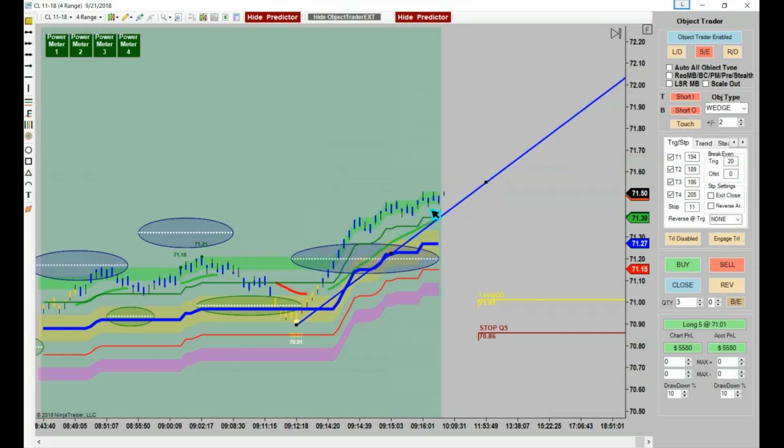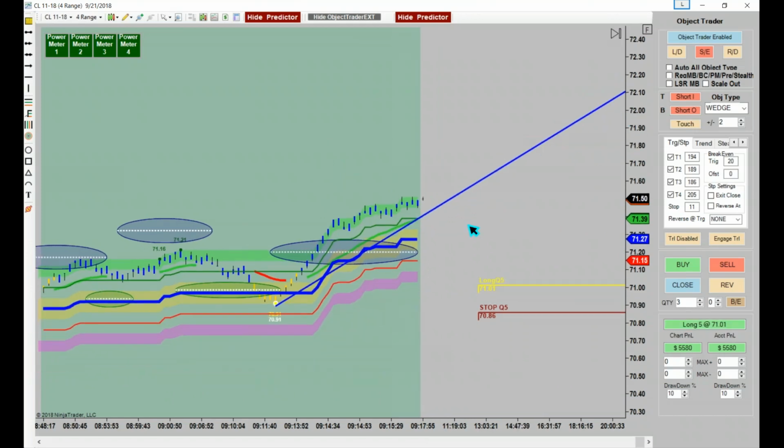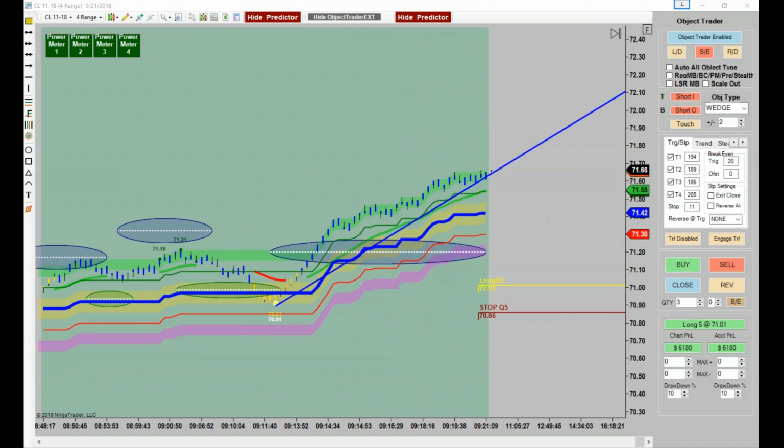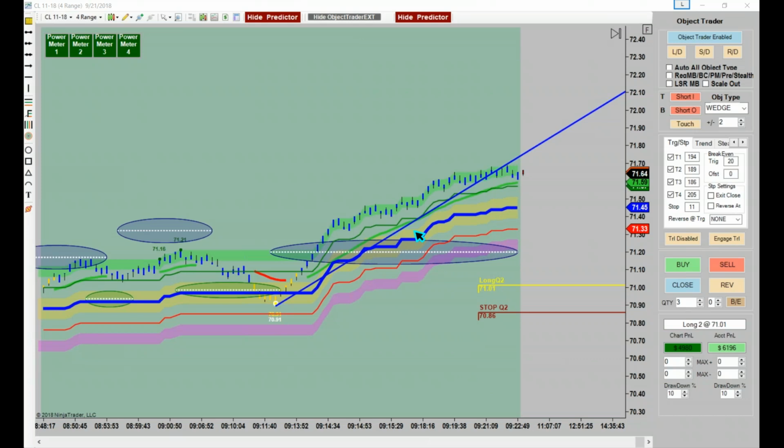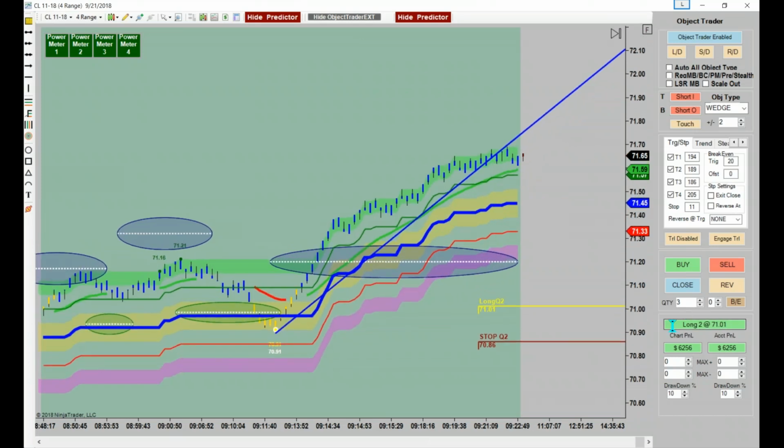By the way, you can even do it with line 6 if you wanted to, also at the angle. Let's see if we get taken out of this thing. Not yet. Just got taken out of 3. Everybody see where the angle was broken now? Now, does that mean we'd want to be taken out of all of the ones yet? No, not necessarily, right? But notice how our wedge took us out of just a few contracts